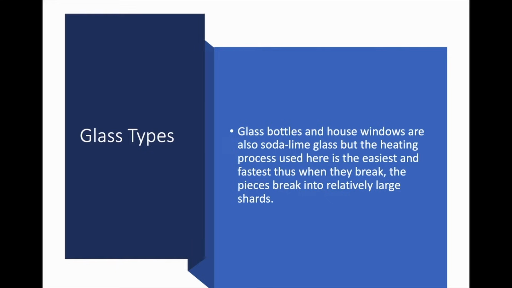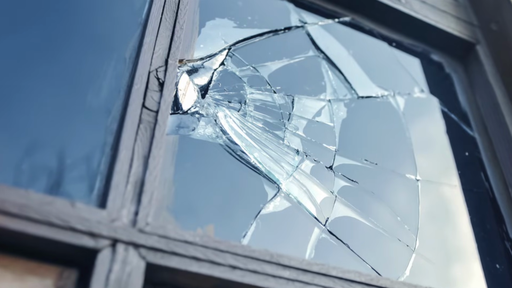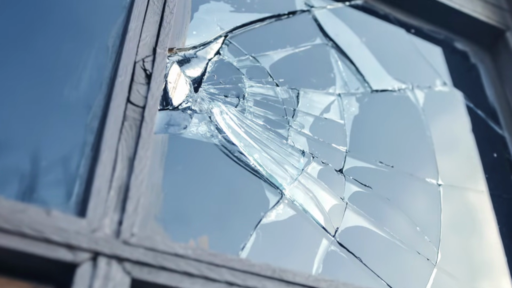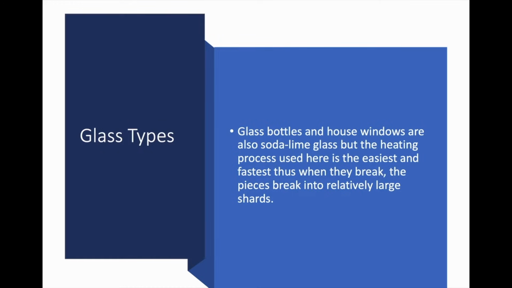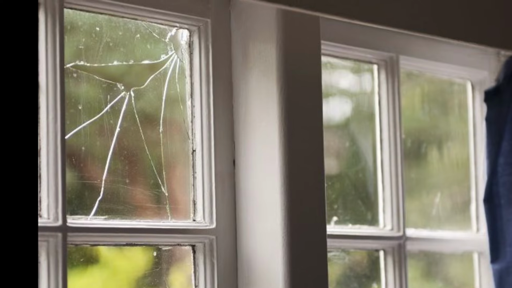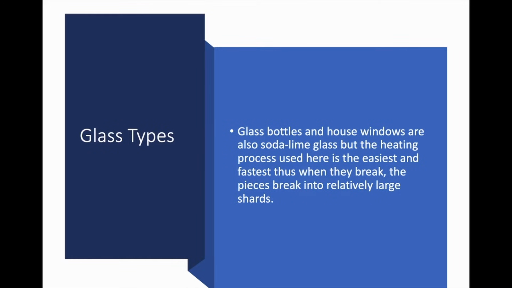Thus, when they break, the pieces break into relatively large shards, which is why you can push on a house window and feel like it's going to break, and when it does, it's in very, very large pieces. It's the easiest and cheapest process to make glass, and therefore it's used in that kind of construction, because how often does a house window break, versus the risk